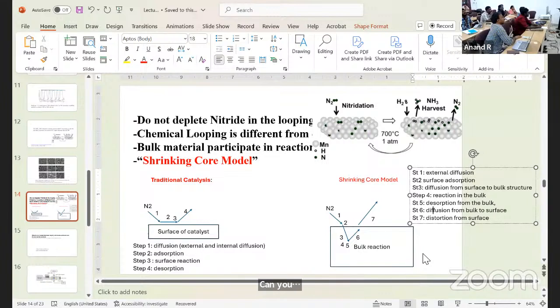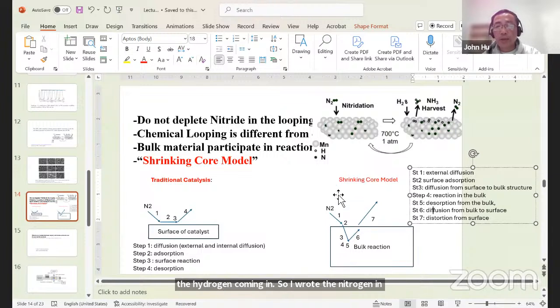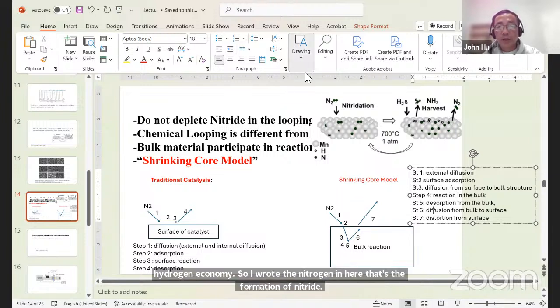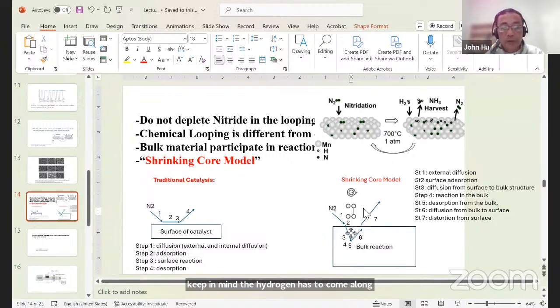Step four. Yeah. So step four, reaction in the bulk, because this is the hydrogen. Keep in mind, it's not just nitrogen. You have to have a hydrogen. The hydrogen comes in. So I wrote the nitrogen in here. That's the formation of nitride. Keep in mind, the hydrogen has to come along in the same way. All right. So basically, once you adsorb on the surface,